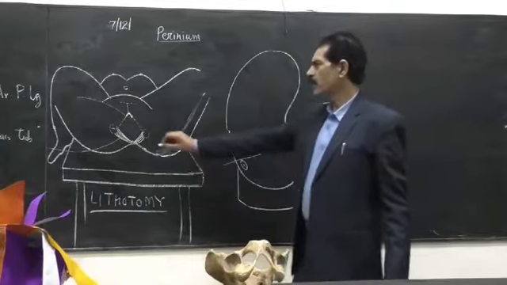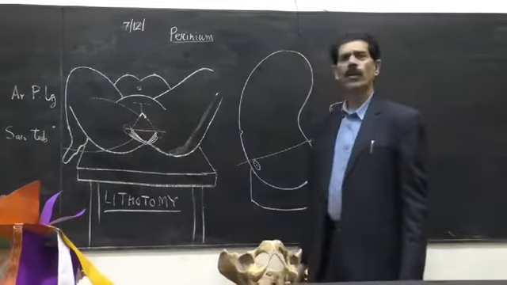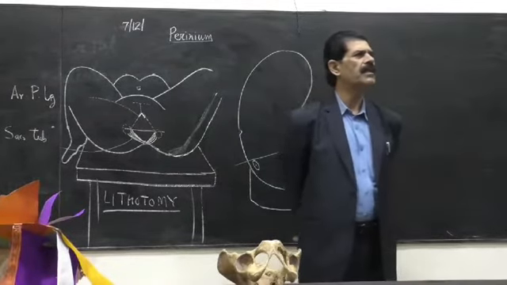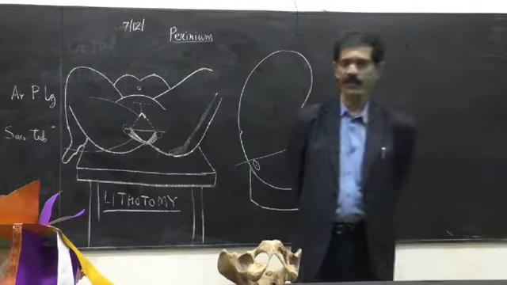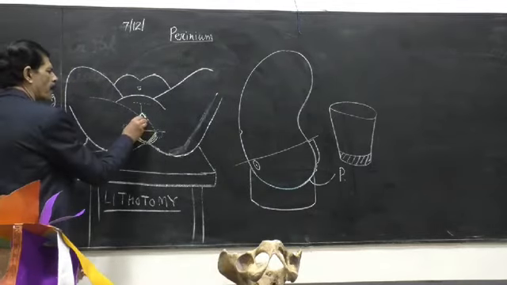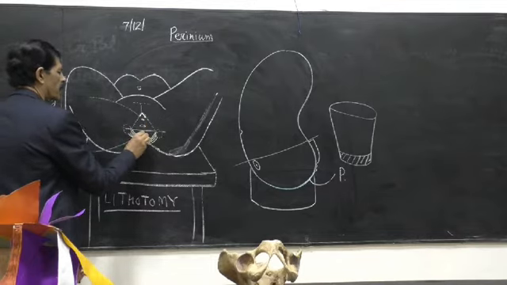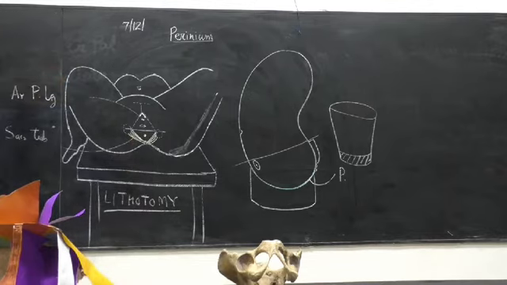And so an imaginary line is drawn at the level of the ischial tuberosity. So this diamond-shaped area is divided into two triangles. One is the anterior triangle, which bears the openings of the urethra and the vagina, and posteriorly, in front of the coccyx, is the anus, the anal canal opening.